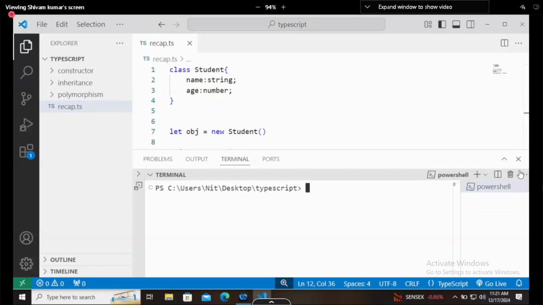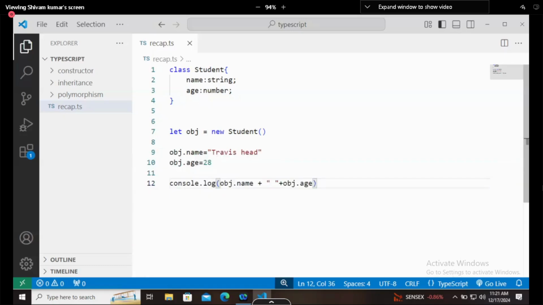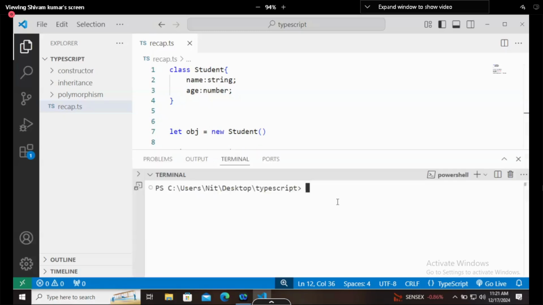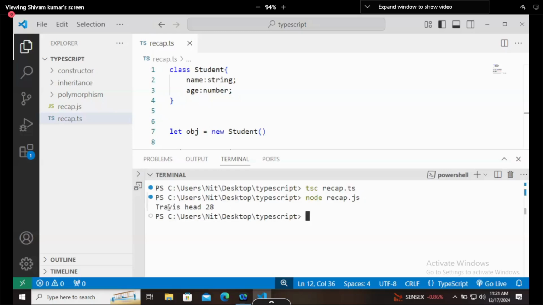But if you want to open the previous, existing terminal, then control and that key without using shift. Now to run this, first we will run the TypeScript file. So I will say tsc recap.ts, and after that node recap.js, and it is printing Travis Head 28.